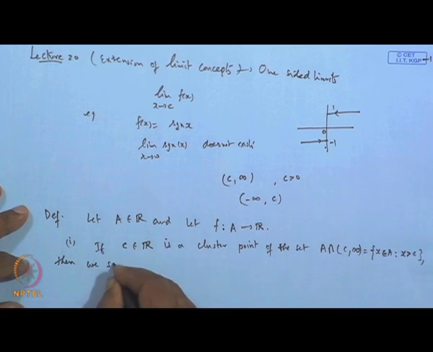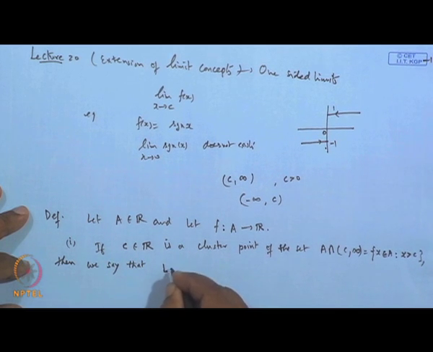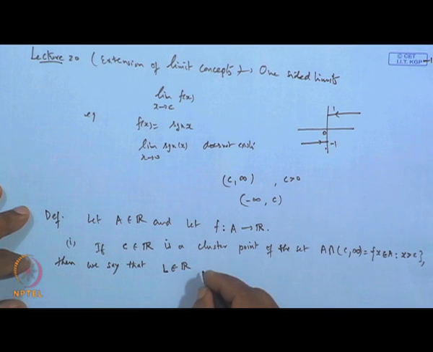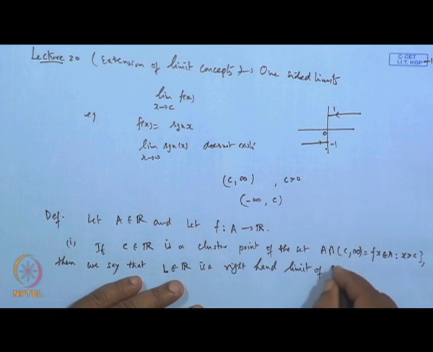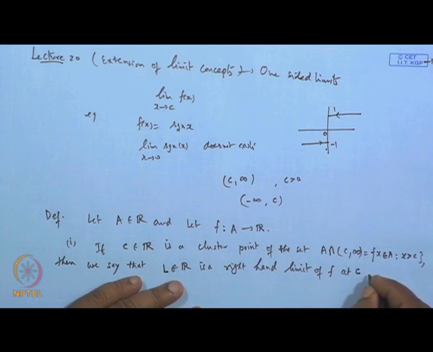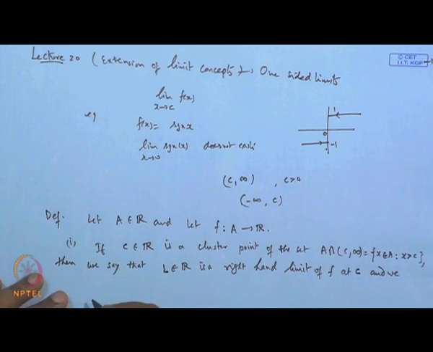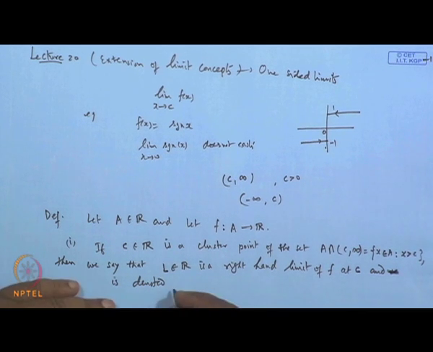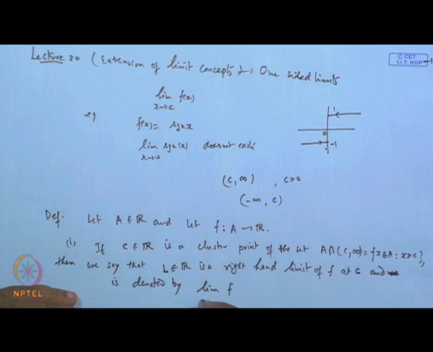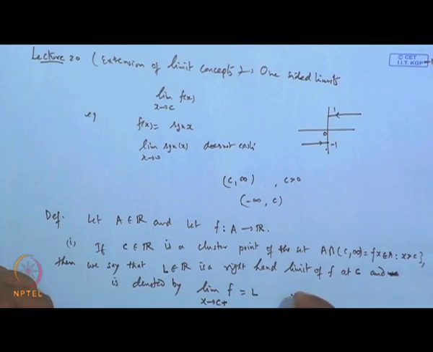we say that L, a real number belonging to R, is a right hand limit of the function f at the point c, and we write, which is denoted, limit of f(x) as x tends to c plus is L, if